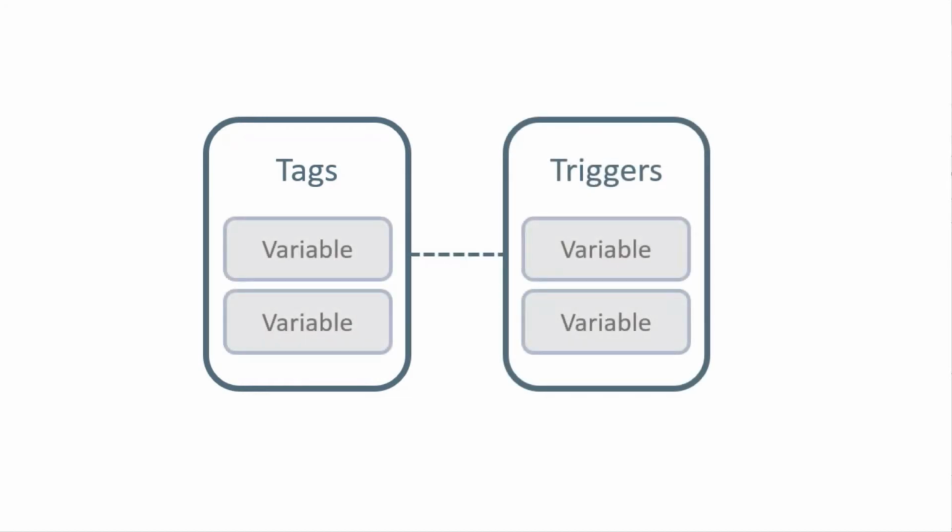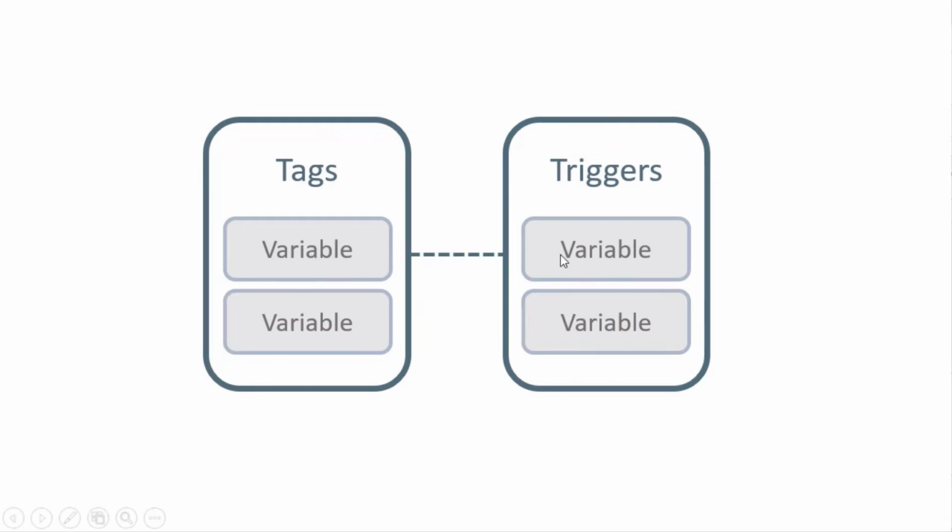So let's go back to that very first slide where we had tags, triggers, and variables. Once again, a tag is a tracking code that you want to fire, but not only a tracking code, because that code might not track users. That code might change the color of a button or something else. But in general, a tag is a piece of JavaScript that you want to activate on your site. Then a trigger is a condition for when you want it to happen.